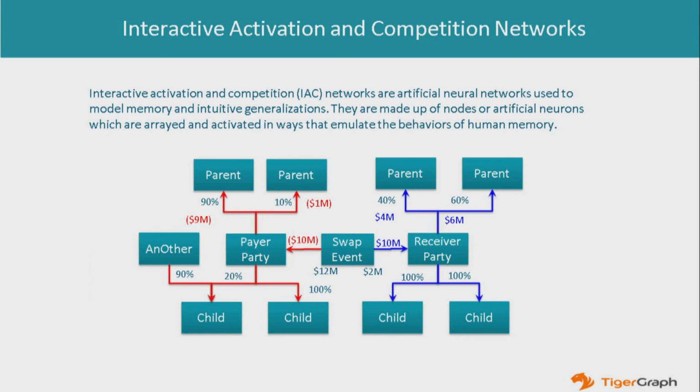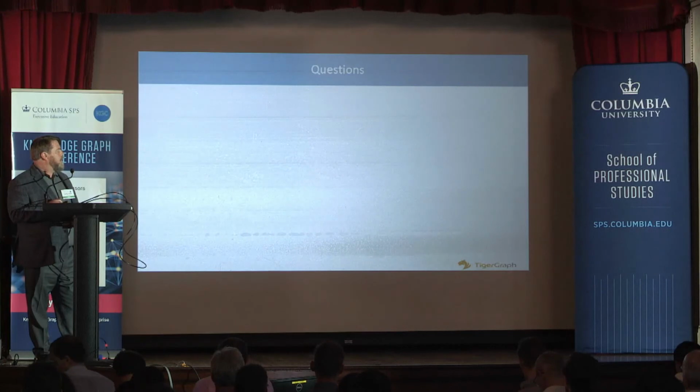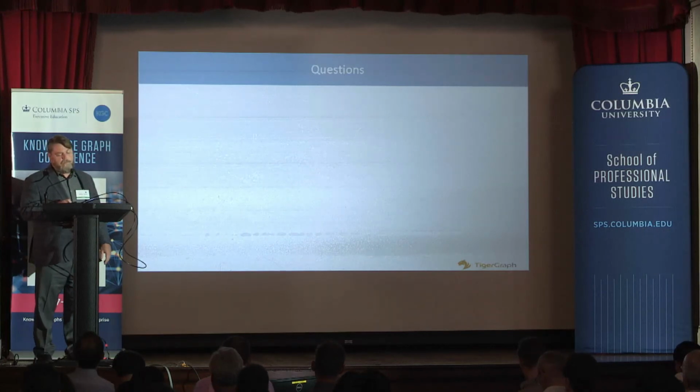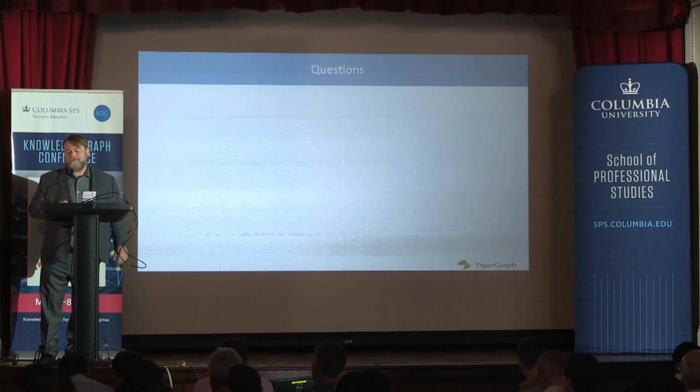So if you look at a particular parent, you can see that there's a contribution to their risk that's coming from a child that might be several steps away. And that's the IAC algorithm. I don't have a picture of that for you, of the code, but certainly can demonstrate that at a later time. So that's it from me now. I can take questions. I think I have a couple of minutes left. Thank you.